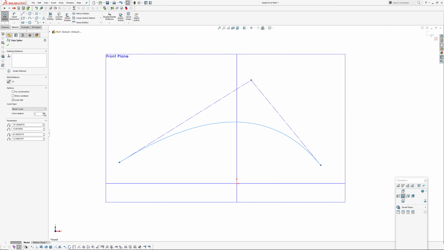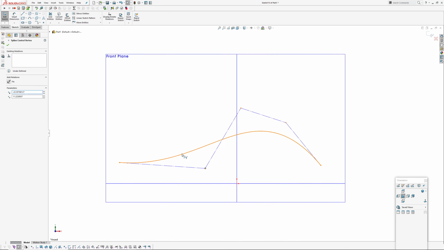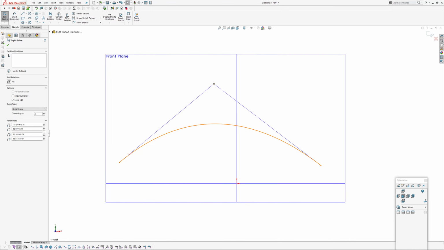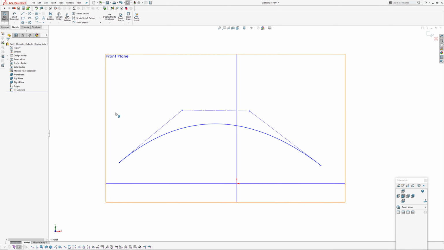But if I go up, you notice the curve stays the same. So basically, if you've got a Bezier curve, a single span curve, you can increase the curve degree and by doing so increase the amount of control points and it will retain the same shape, but you can't go the other way. So I can't go like this and then reduce the degree without the shape changing, but I can go like this and then add more points and the shape stays the same. Okay. Right, so this is a single span curve,